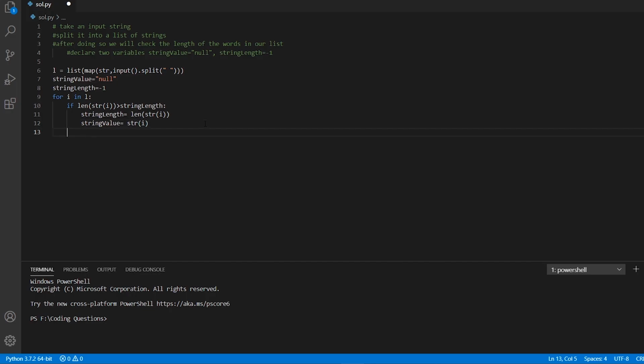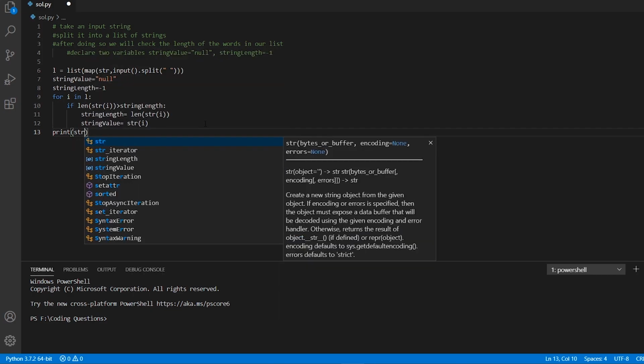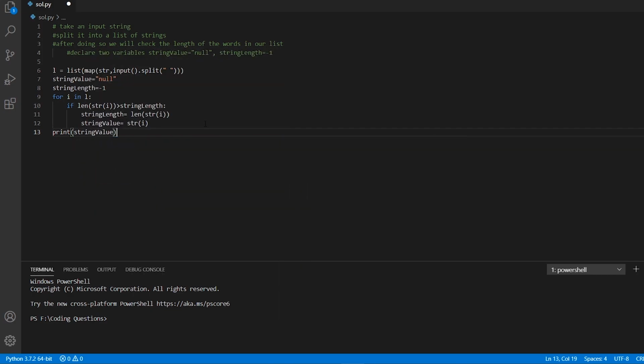And once we do this, we can simply print our string value. So what we can print is string value in this case.